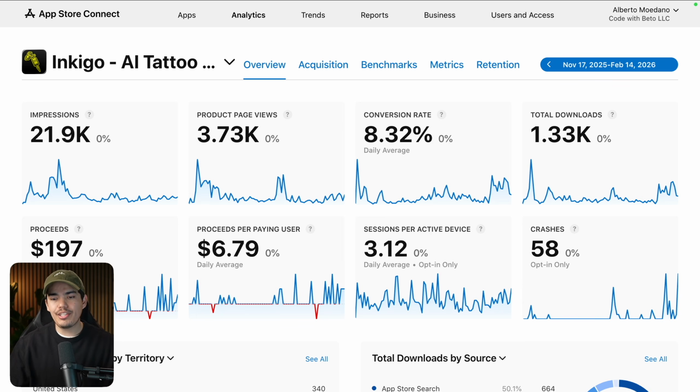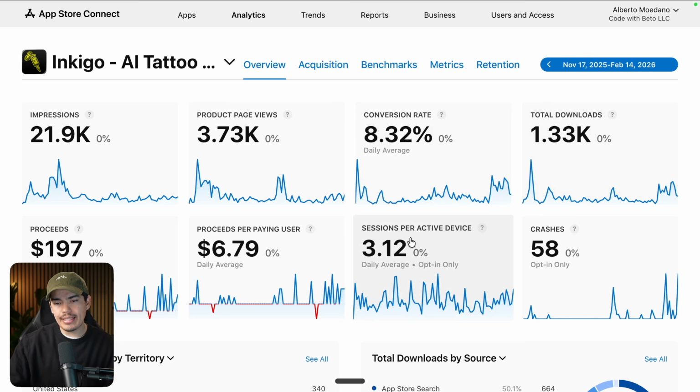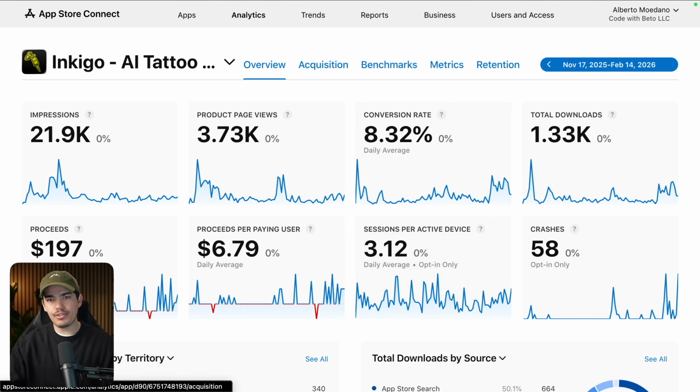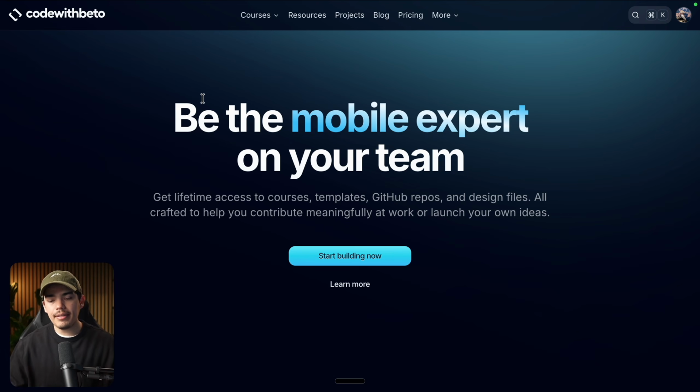I know I just told you that you shouldn't add more features, but next for Inkigo, I'm going to implement push notifications. And this is not because I want it or I had an idea for a feature. This is to improve user retention. So with push notifications, I hope that we can increase the sessions per active device, because at the moment it's only 3. For implementing the push notifications, I'm gonna use Expo notifications because it's free and you can actually send